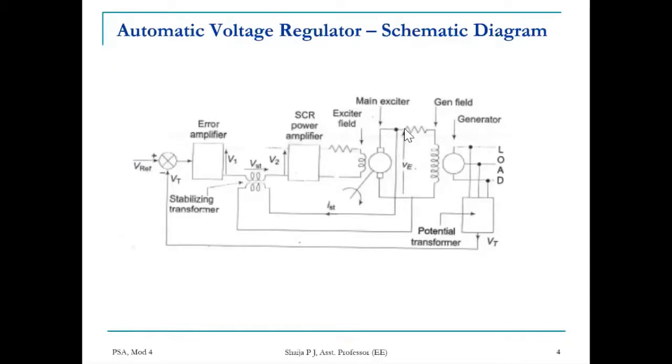Thus the generator field current is increased. When the exciter terminal voltage is increased, the exciter generator current is increased, which results in an increase in the generated EMF. Reactive power generation is increased to a new equilibrium, raising the terminal voltage to the desired value. That is what is happening in an AVR. Okay, so we'll go into detail on each component of that AVR.